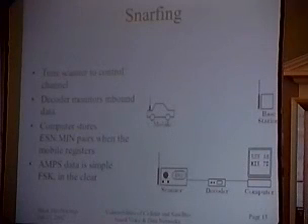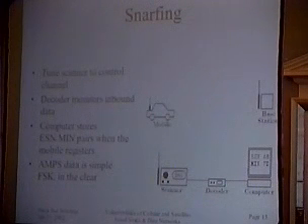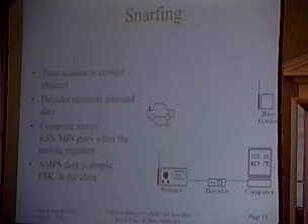All right, the precursor to cloning is where do you get the ESNs? And this was an activity that gave scanner listeners a bad name. What you do is you have a scanner that can tune to the cellular frequencies. You tune to the frequency that mobiles would transmit on, and you camp yourself somewhere where there are a lot